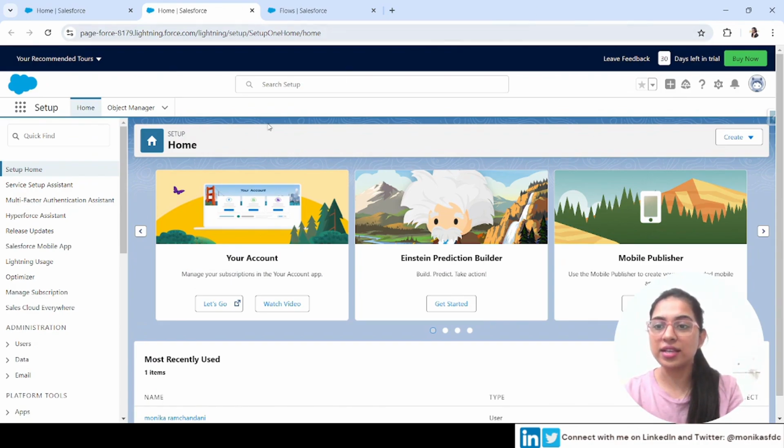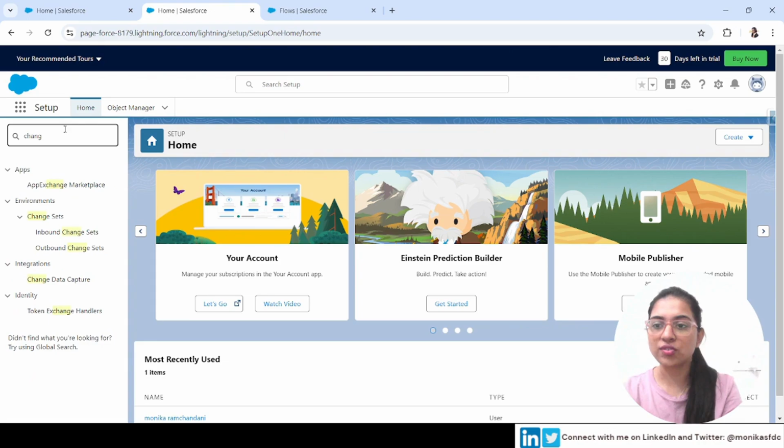Okay, now in Setup, in the Quick Find box, just write change set and you will see here we have Change Sets under Environments, and then we have inbound and outbound change sets. Now what are inbound and outbound change sets? If you want to send your changes from a source org to your destination org, you will use an outbound change set. On the other hand, if you're on the receiving end, so for example, if I'm sending my changes from sandbox to production, I will create an outbound change set to send my changes to production. Now in production, we will be on the receiving end, so we will not use an outbound change set. Instead, the outbound change set that we sent from the sandbox will be visible in the inbound change set section